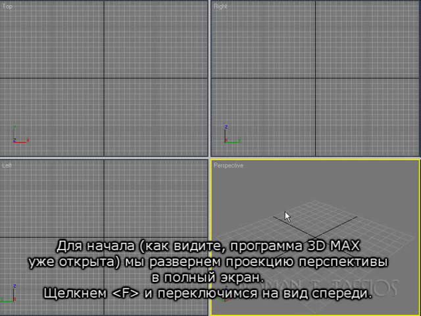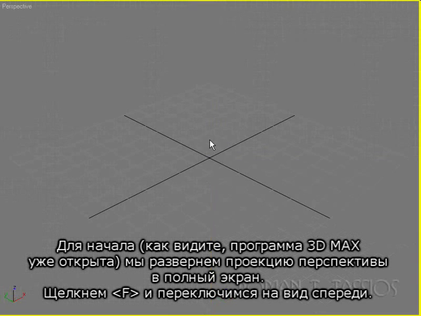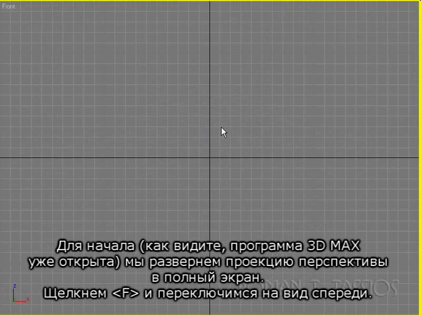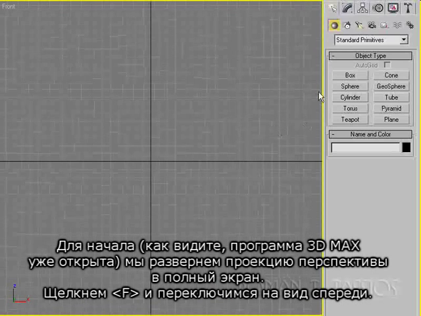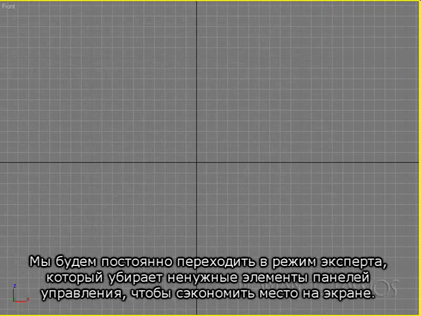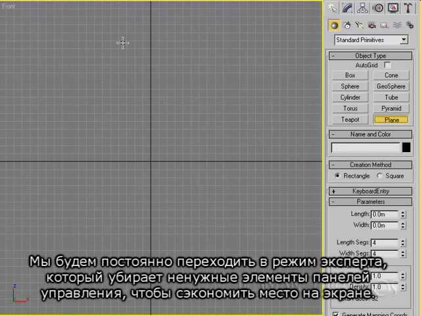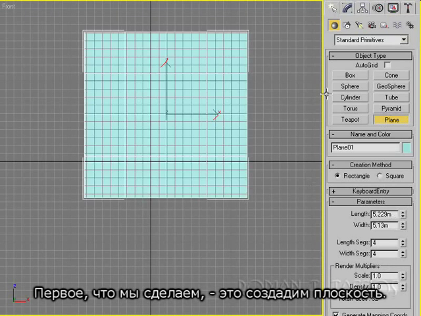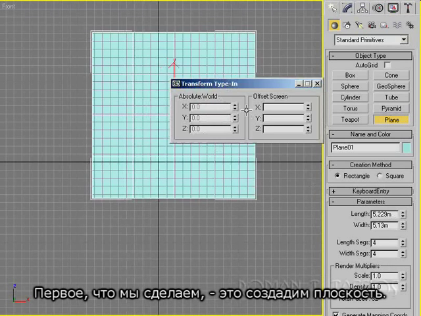So first thing I'm going to do, as you can see we already have Max opened. I'm going to hit Alt W over here to maximize perspective. I'm going to front view, open up the command panel. I'm going to be toggling this on and off because we don't have a lot of space, because it's 800 by 600. So first thing I'll do, I'll make a plane, hit F12